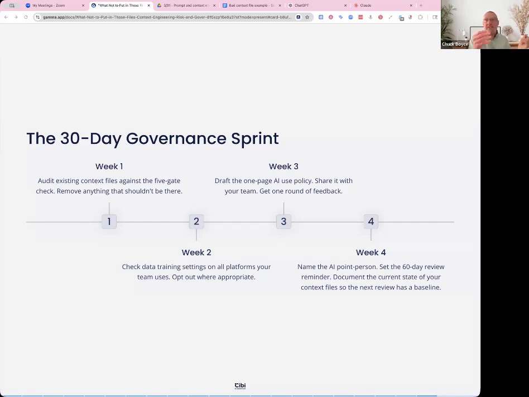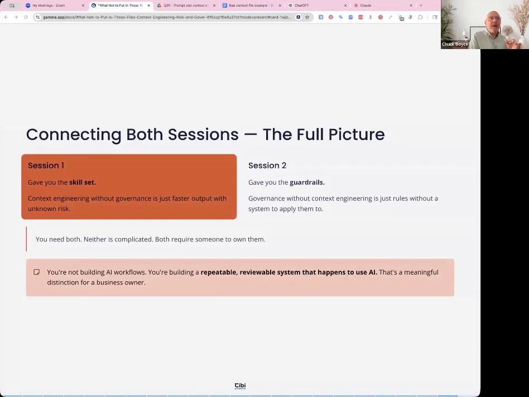And then the ownership is a really huge thing that most people forget: name a point person, have them responsible for reviewing these, reviewing output. Make sure that you have ownership, because again, you can't blame AI. You have to have a point person. So